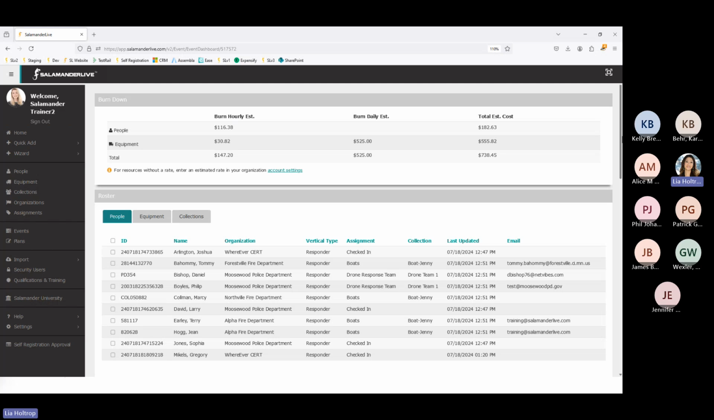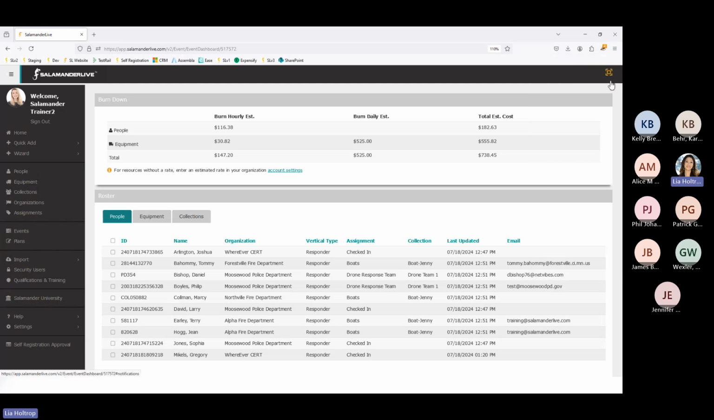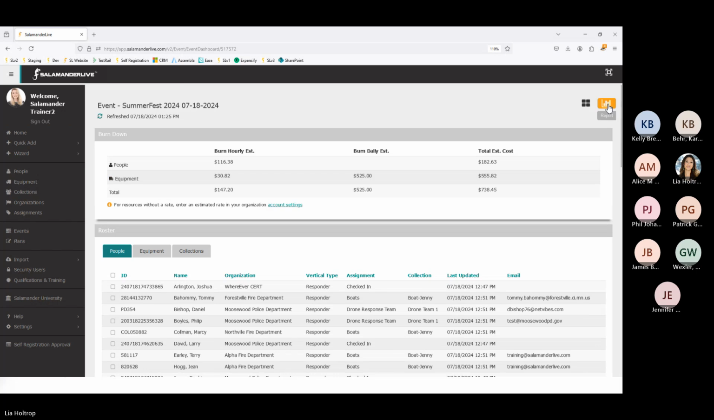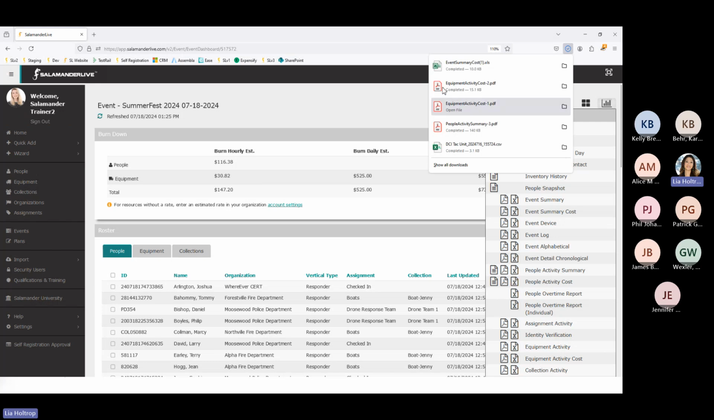So give it a second for that report to pull up. While that's pulling up, I'm going to go in and look at the other one. So I have a people activity cost report. You can click on that report. So there it is. Here's the event summary cost. Let me just go ahead and do the people cost report. Now you have a